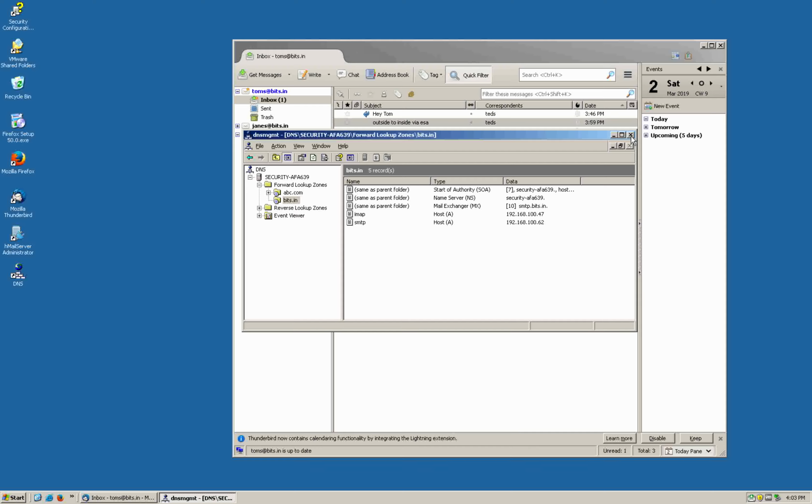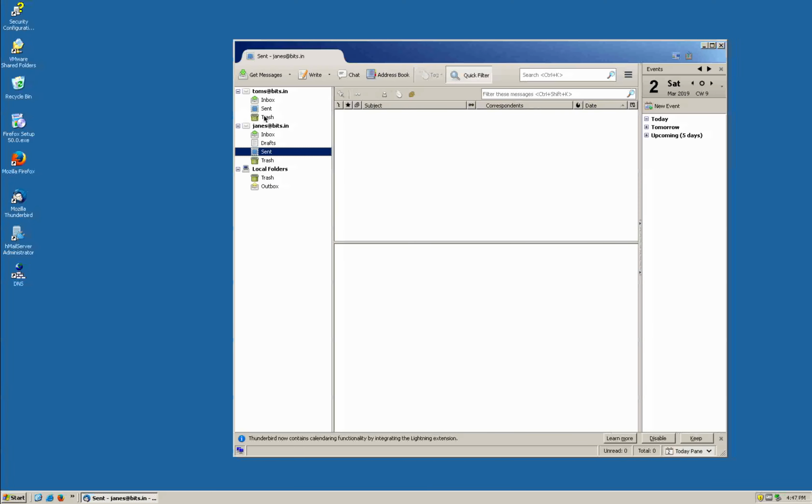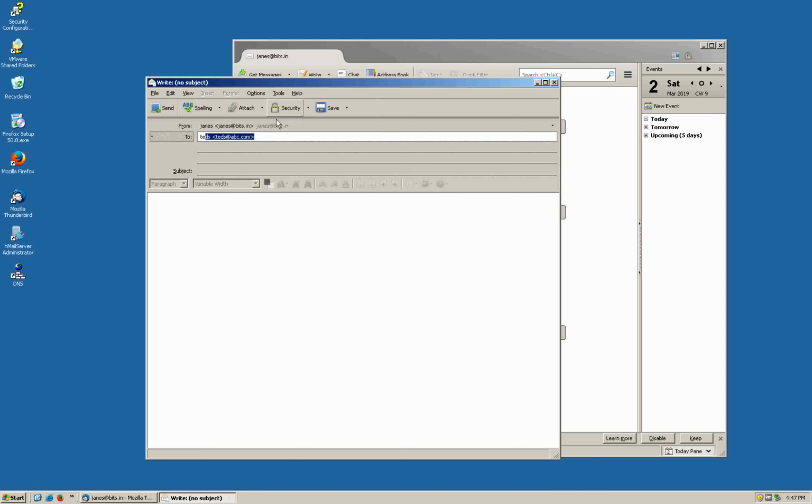Let's actually send an email from the inside to the outside network, but using a different account, which is Jane. Let's try sending to Ted at ABC, and I'm gonna say inside to outside, right? Let's see if this goes. Before sending it, let's get the logs all up here. Let's clear the screen. That looks good. So if I send this email,